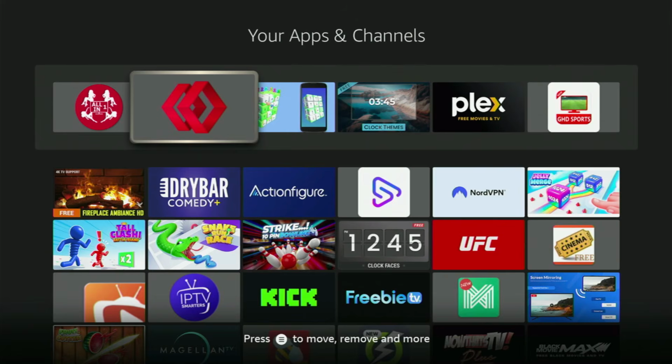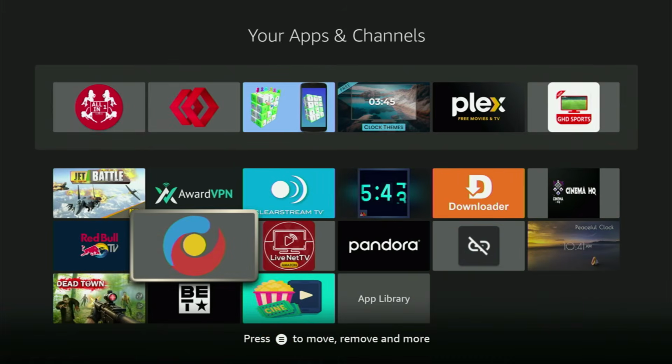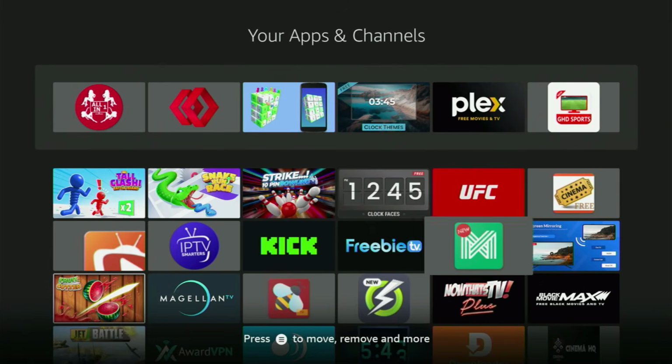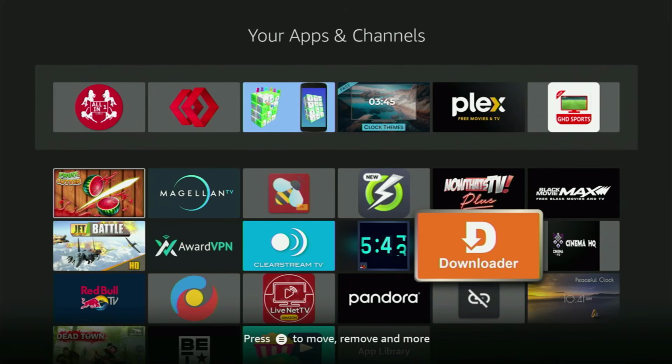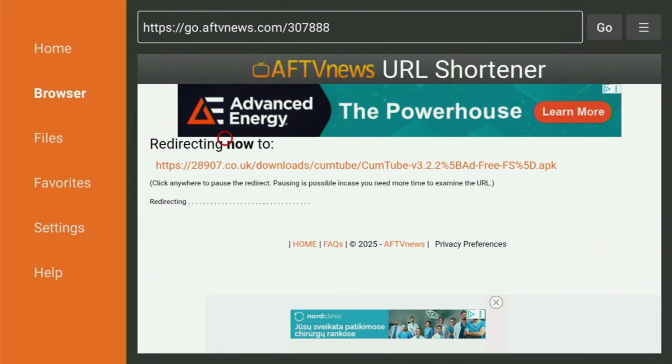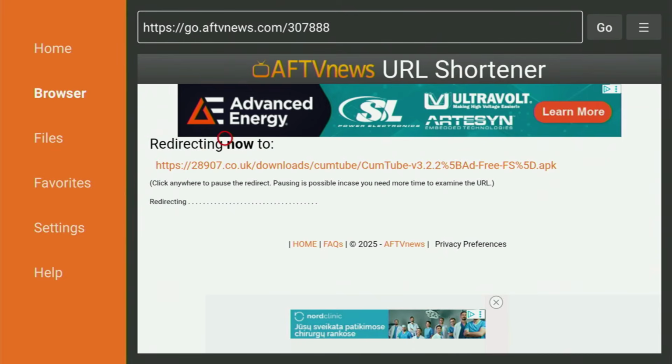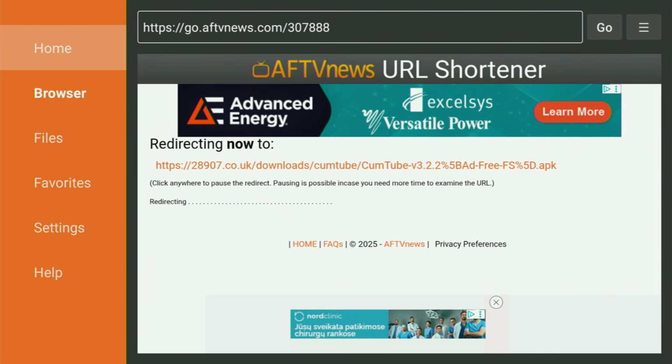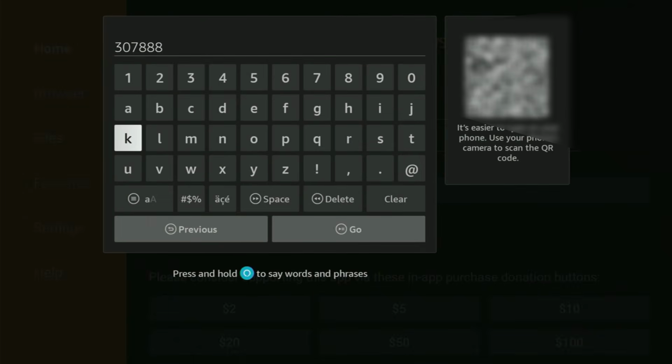And we are not stopping here. We get back to Downloader. So yep, let's open Downloader again. And it's time to download a couple more apps for you. So yeah, delete that code. And now the next code is going to be